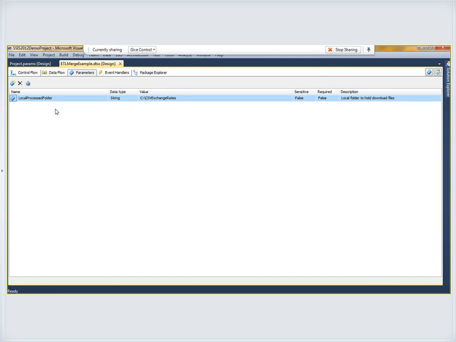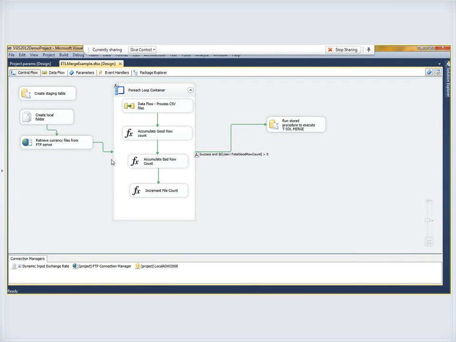So I might want to pull files down from an FTP server, and I might want to store them in a local folder. So I've got a local folder here called CSV exchange rates, and I've defined it as a string. The interface probably would remind you of the way you might create SSIS variables. Again, this could have been put up at the project level; I've implemented it at the package level. Well, I can use this throughout the package in the same way that you might use a variable. For instance,